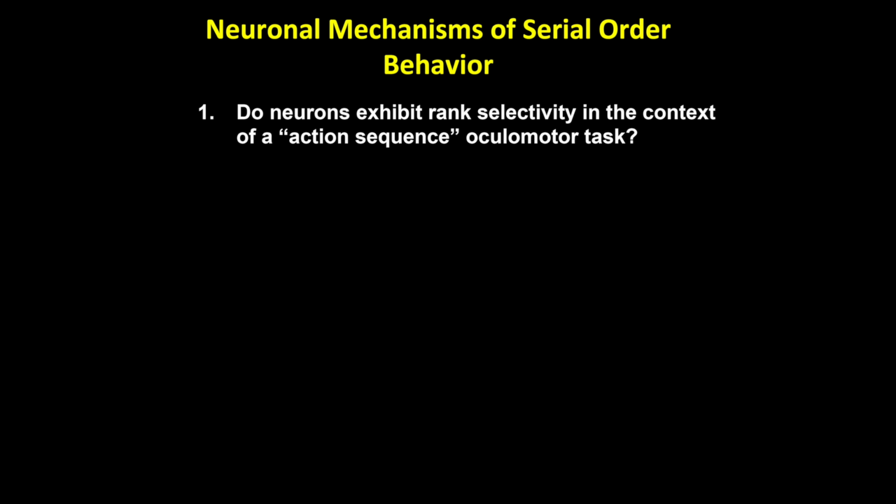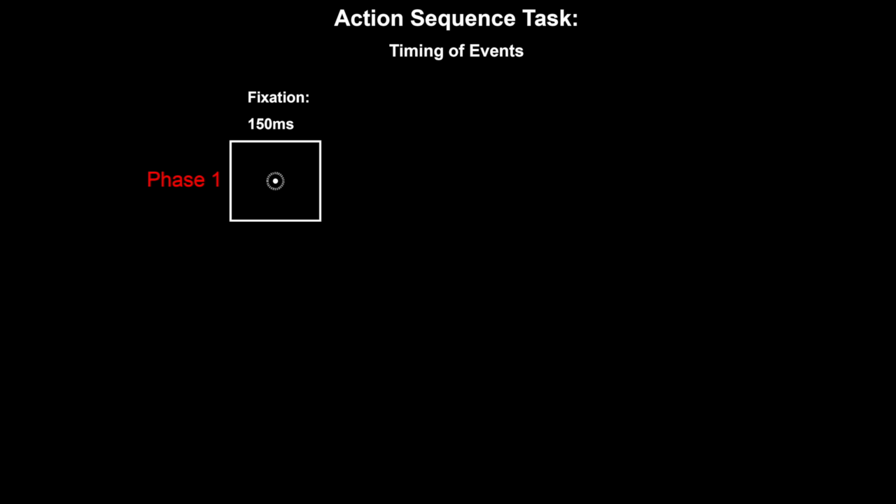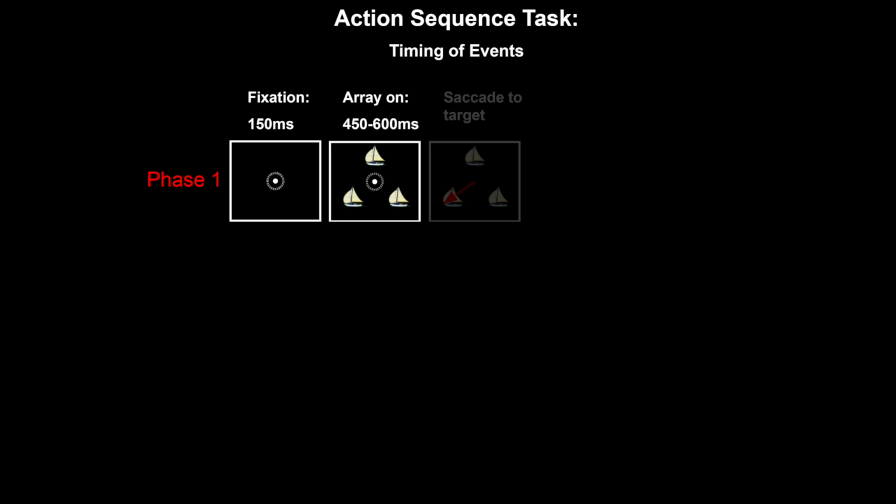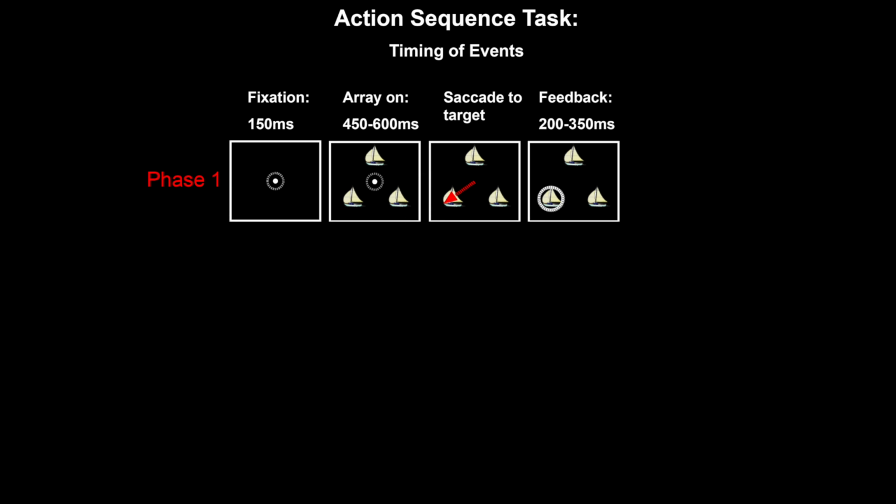The trial began with the central fixation. The monkey was required to look straight. Then 3 identical pictures appeared on the screen. The identity of pictures signaled to the monkey in which order he was supposed to look at them. For example, the picture of the sailboat indicated that the first movement should be to the left. If the monkey executed the movement correctly, the feedback appeared on the screen, and then the monkey returned to the